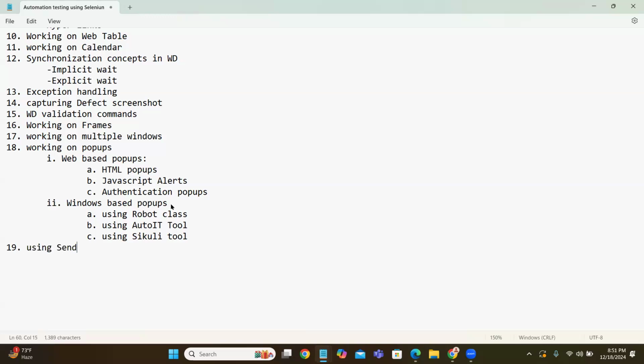Then using sendKeys method. So using actions class, using JavaScript executor. Once this portion is completed,